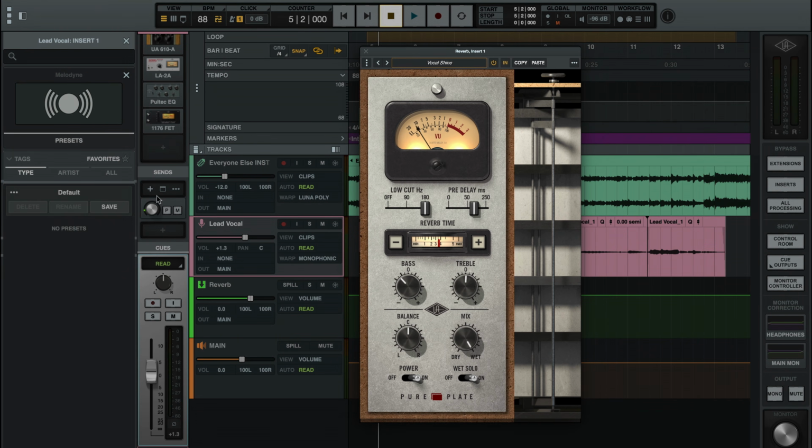lives. Everywhere, every direction. Now that we have our basics of a vocal chain ready to go, let's hear both the